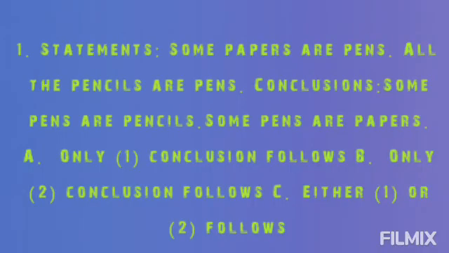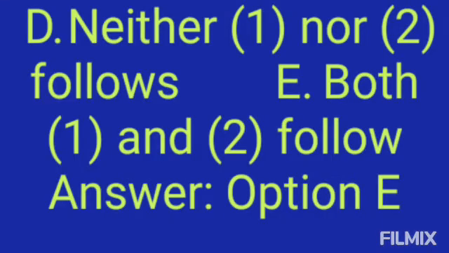So let's see. Question number 1. Statements: some papers are pens. All the pencils are pens. Conclusions: some pens are pencils. Some pens are papers. Choice A, only one conclusion follows. B, only two conclusion follows. C, either conclusion 1 or conclusion 2 follows. D, neither 1 nor 2 follows. E, both 1 and 2 follow. And the right answer is